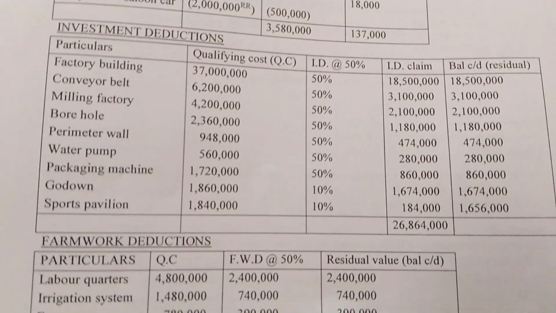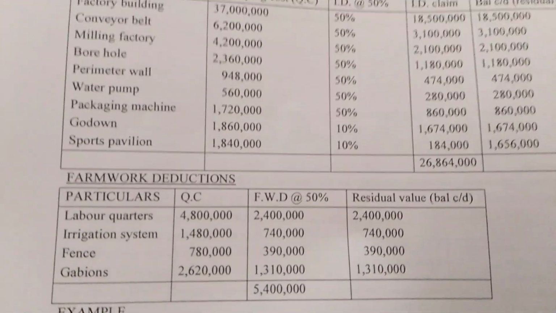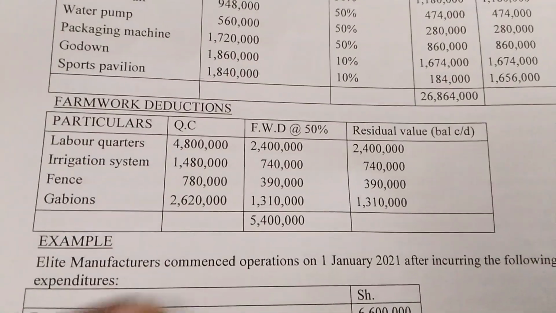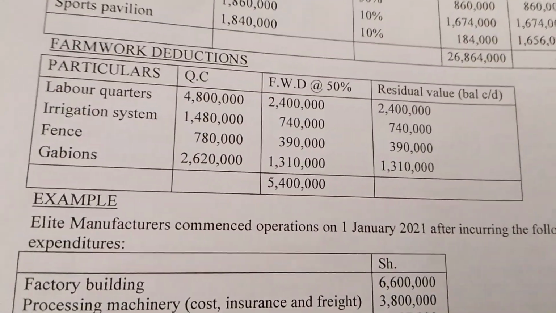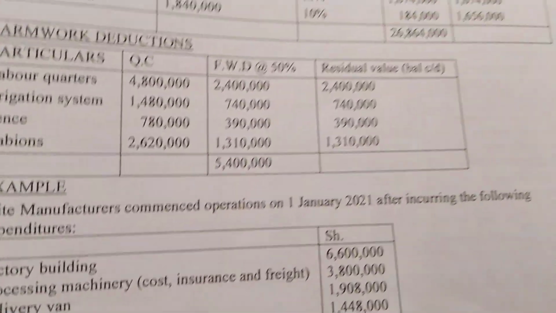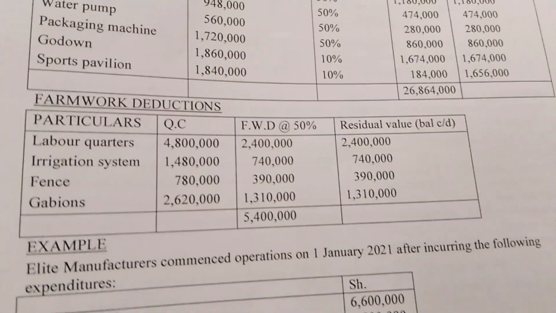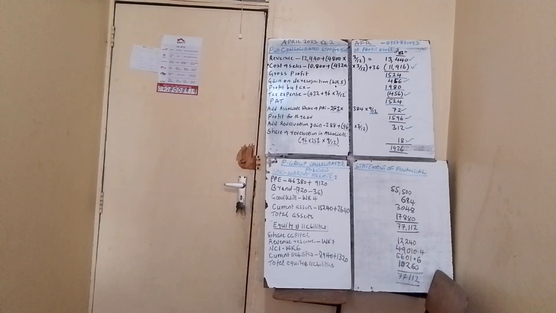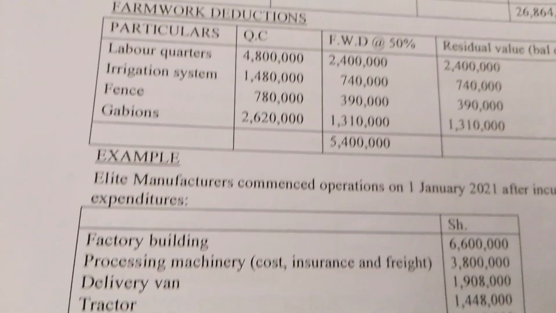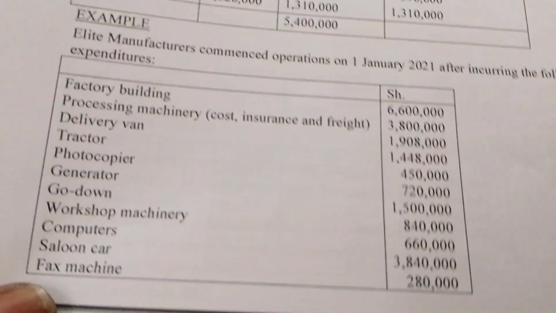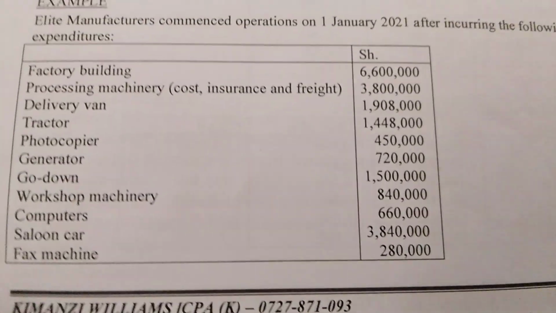Investment deductions are there. There are also farm work deductions, finally there. So that is how you have calculated your capital deductions. Now, I'll take the last question there, but I think I should give you that as an assignment. Go through this one as an assignment. You can take a piece of paper and write that question. Example, you are told